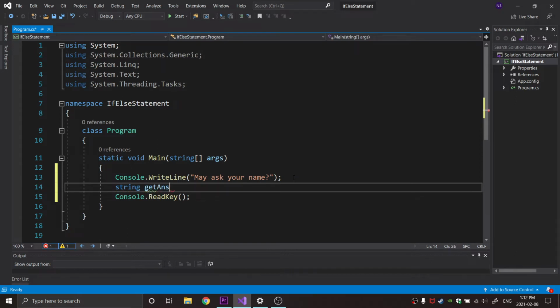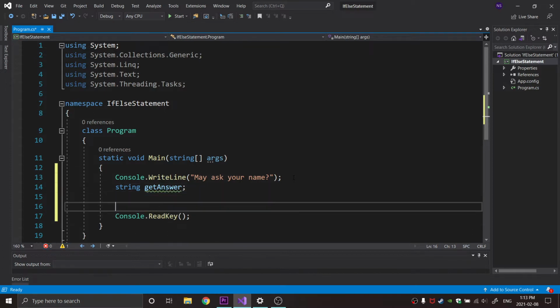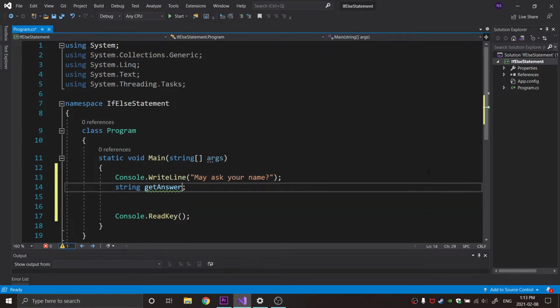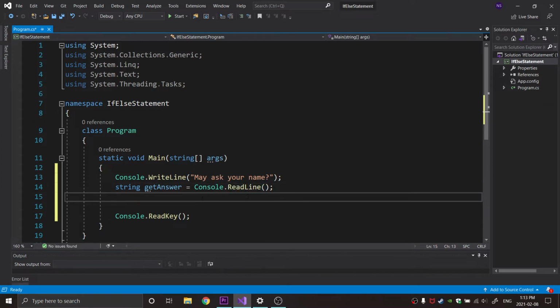Get answer. We'll name this one like this, and for it to actually have an input, we'll have to create console.ReadLine to read the input of a user. Afterwards, we can create our if-else statement, which will be if, and we'll have to open the parentheses, getAnswer, which is our user input answer, equals to